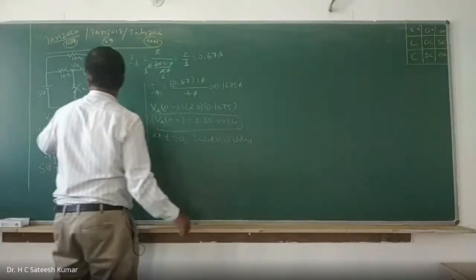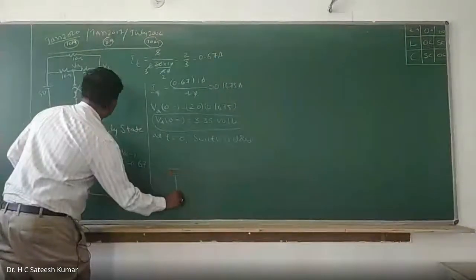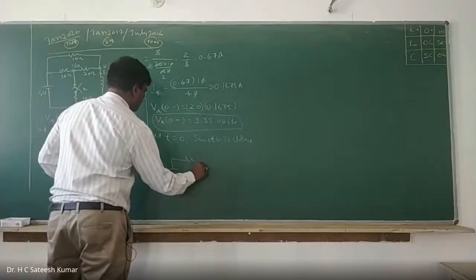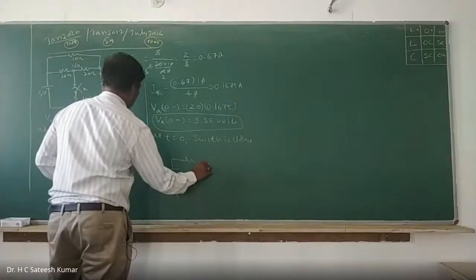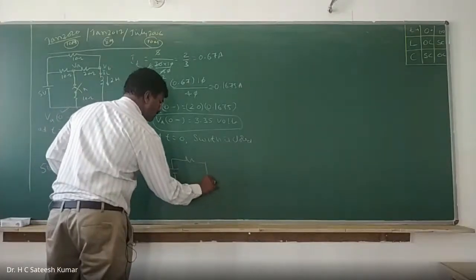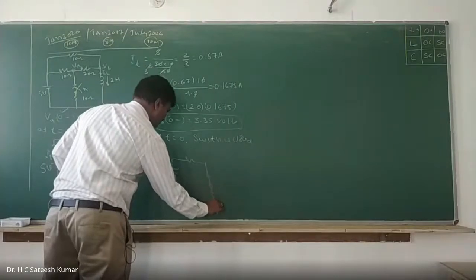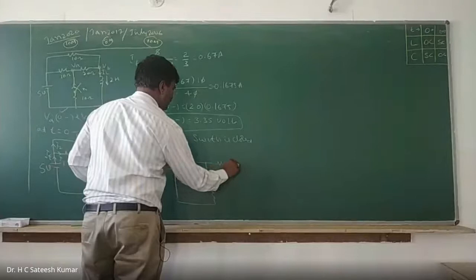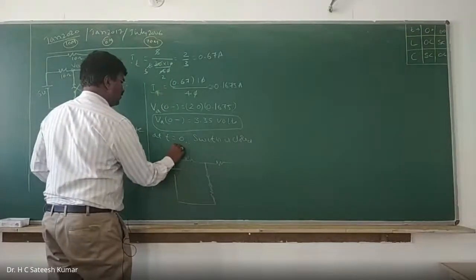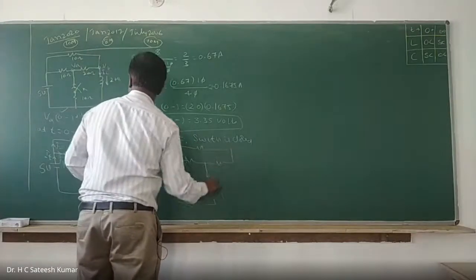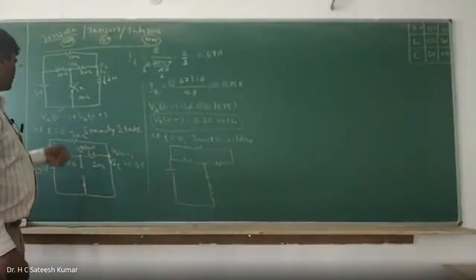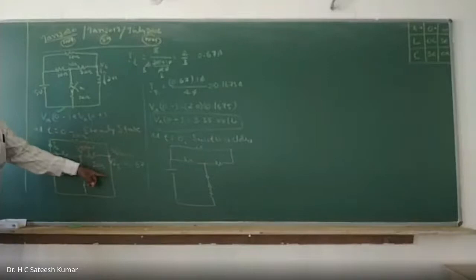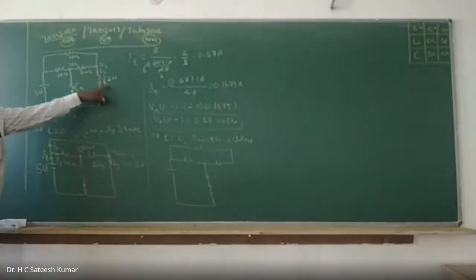I'll rewrite the circuit diagram. One resistor. Now we have, so this is switch is closed now, shorted, and one resistor is there, and one more resistor. Okay, right. One more here. Now initial current. See, before closing the switch, initially there is a current flowing through that, and therefore there is a current flowing through this inductor because of short circuit.